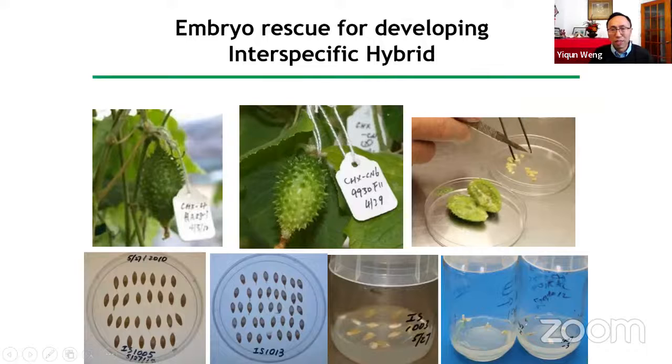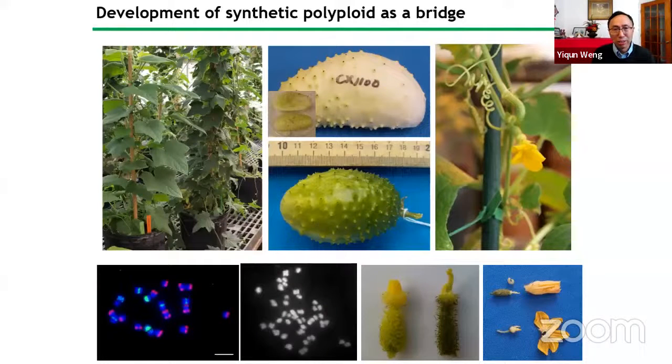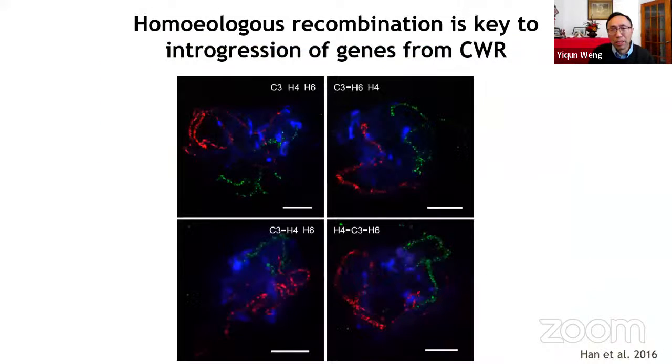So in the past, we have successfully developed interspecific hybrids between cucumber and hystrix using embryo rescue. These pictures show how we do embryo rescue by taking the hybrid embryos onto culture media and growing them into plants, and then using colchicine to induce chromosome doubling for the artificial tetraploid. And then the tetraploid can be used to cross with cucumber to bring the